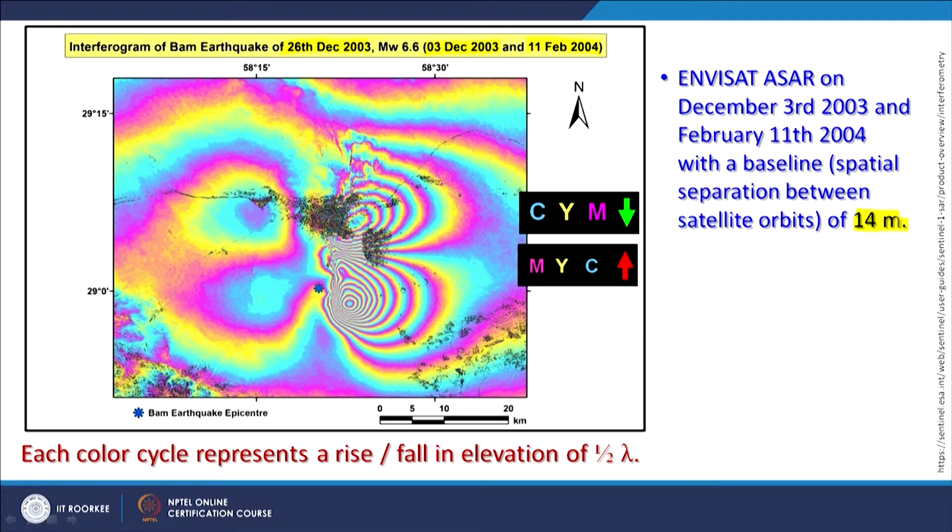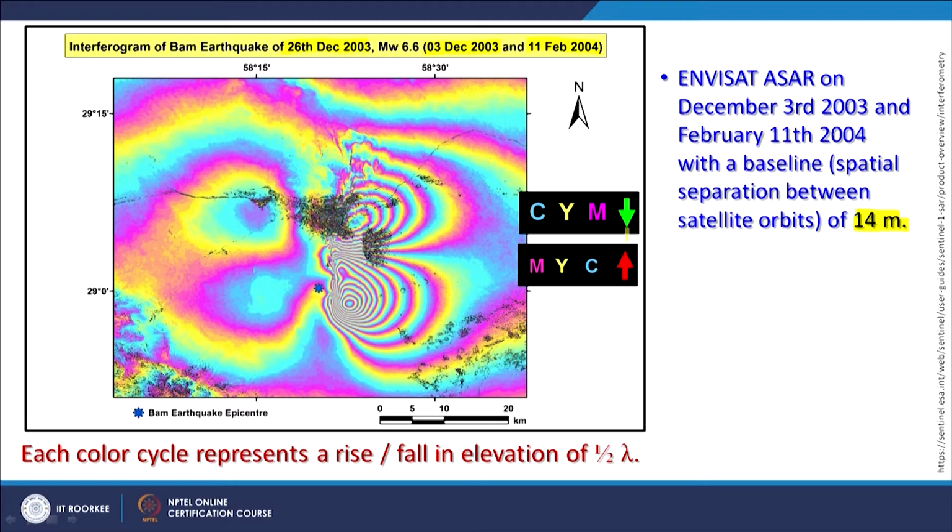As discussed in the previous discussion, these fringes, and the changes in the colors or the pattern of these colors, can be used to count the number of fringes. Not only that, but we can also know whether there is subsidence or upliftment due to that particular earthquake event. For example, if I get a fringe color pattern like cyan, yellow and magenta, then it is concluded that subsidence occurred between those two dates for which we have a pair.